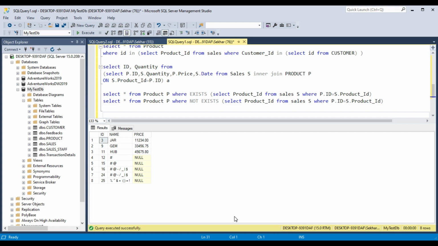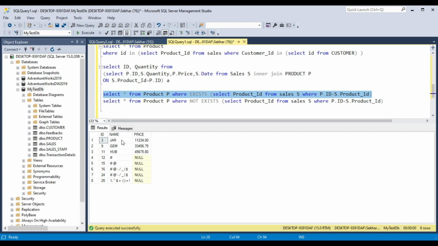But in a subquery, suppose this is a subquery, whatever columns you see in your result will be only from the table which is in the outer query.